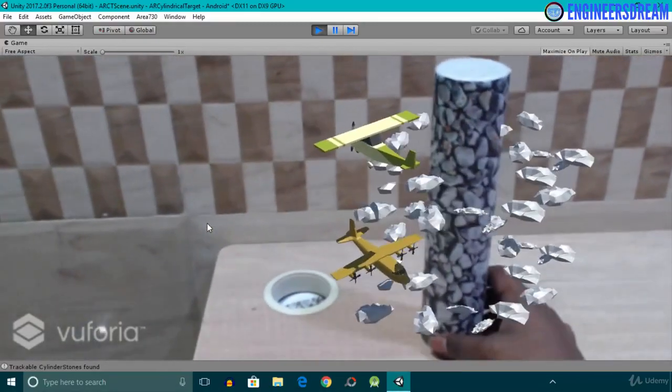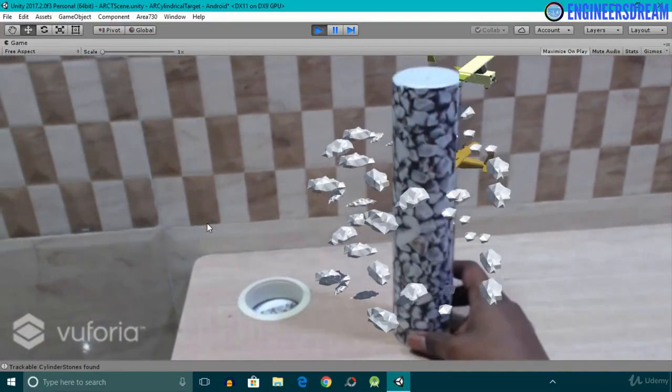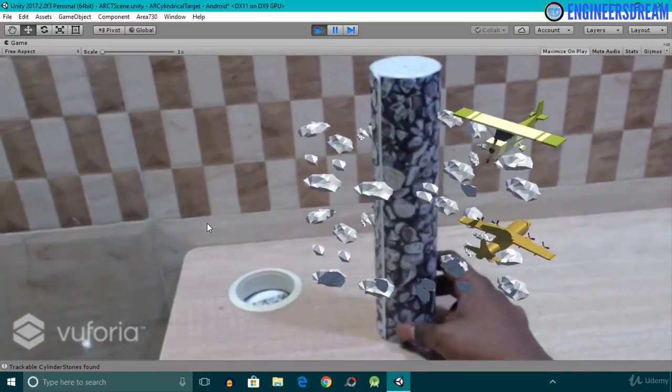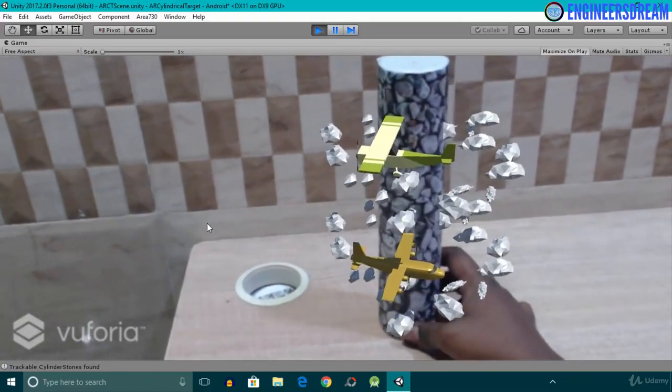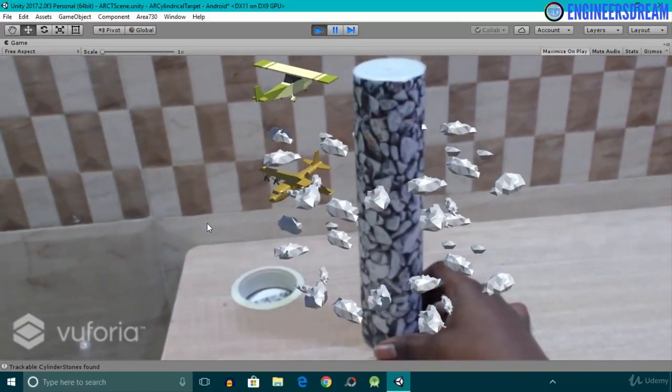In this video, we will add cloud prefabs inside our project. So by the end of this video, we will have these two sets of cloud prefab, one at the bottom of the bottom plane and one at the bottom of the top plane. So let's start with the customization.